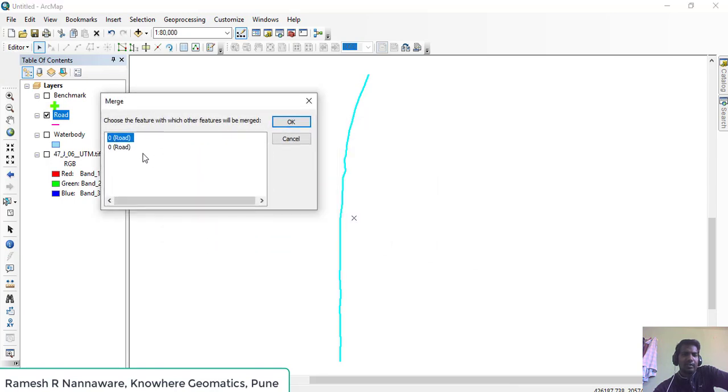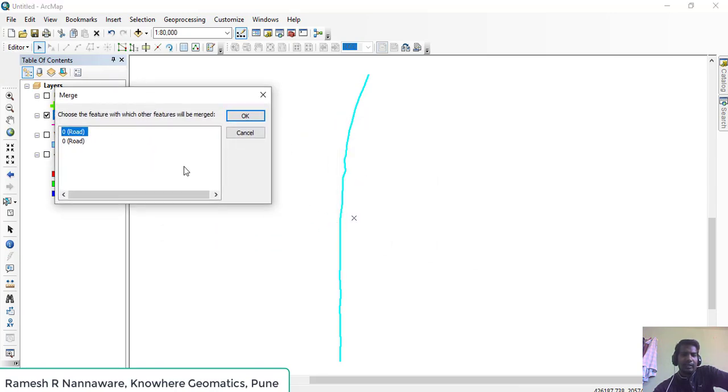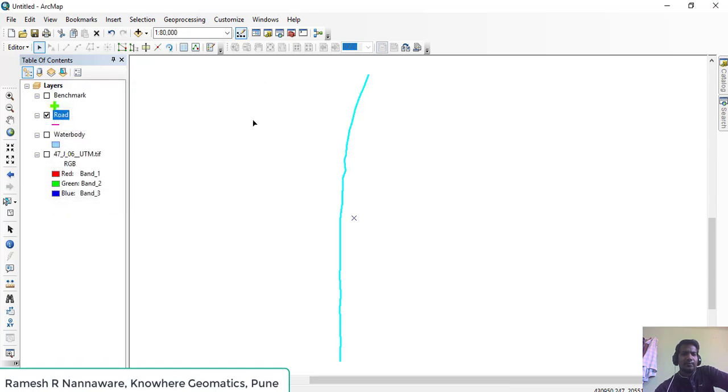Now the software will ask in which segment you want to merge which segment. You can select any one, there is not much difference. Simply select any one and say OK. After clicking OK, we can see again this is a single line segment, and that will also be reflected in the attribute table.